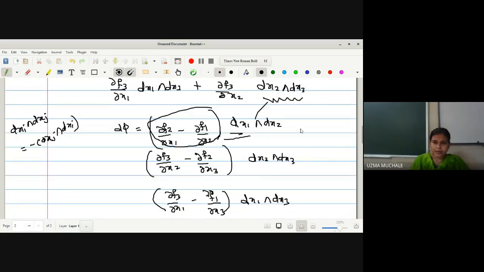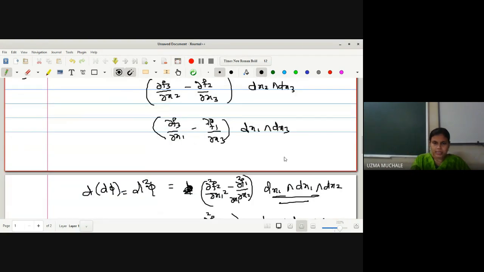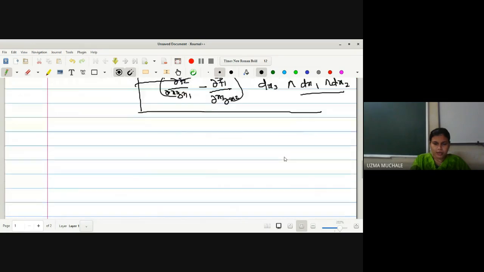ओके. सो द फर्स्ट टर्म में हमको सिर्फ एक ही टर्म मिला, राइट? dx1 dx2 dx3 में dx1 की वजह से first two terms 0 हो जाएंगे. We are remaining with first. So here also we will remain with the only one term, correct? यहाँ पे x2 x3 है, तो x2 x3 वाले terms 0 होंगे, only x1 वाला बच जाएगा, correct? Yes. So let me write down that term.